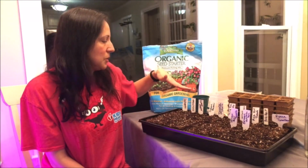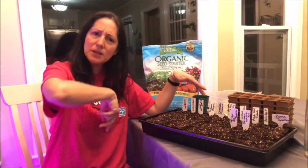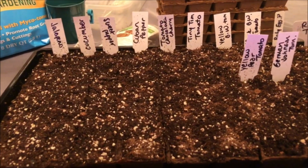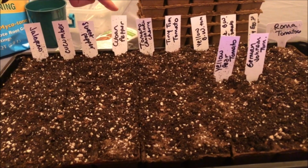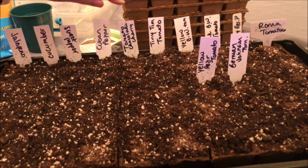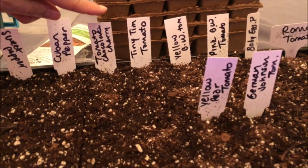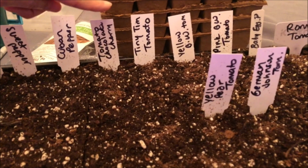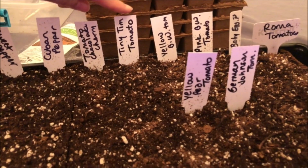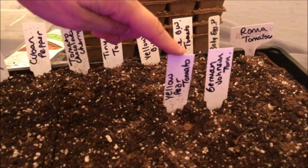So I am doing jalapenos, cucumbers. Come see, get a little closer look. Jalapenos, cucumbers, sweet peppers, Cuban pepper. This is supposed to be sweet, like a Greek pepper. Tomato, chocolate, oh, this is the mini chocolate tomatoes. My friend loves growing this, so these are for her. Tiny Tim tomatoes, just a few of the yellow pear tomatoes,